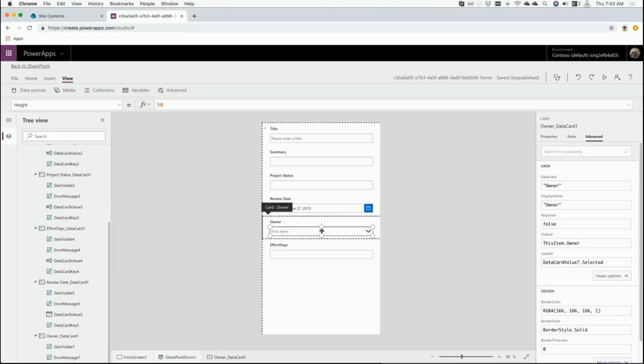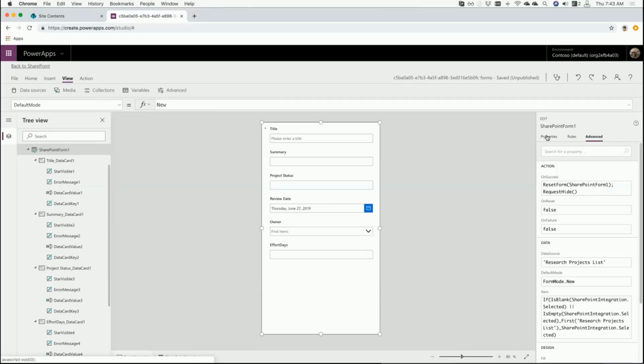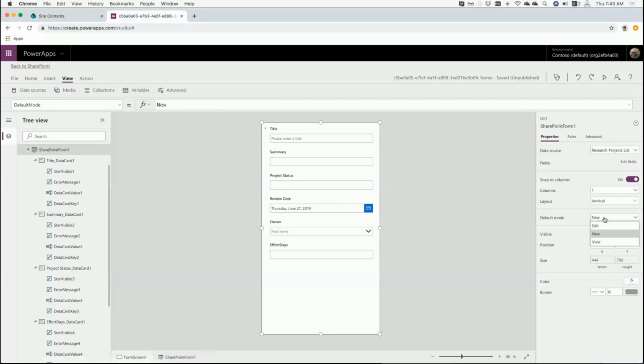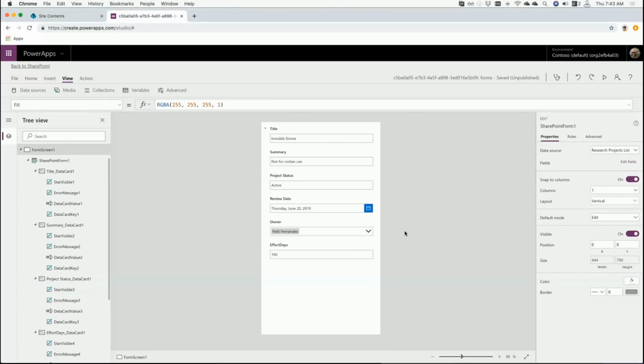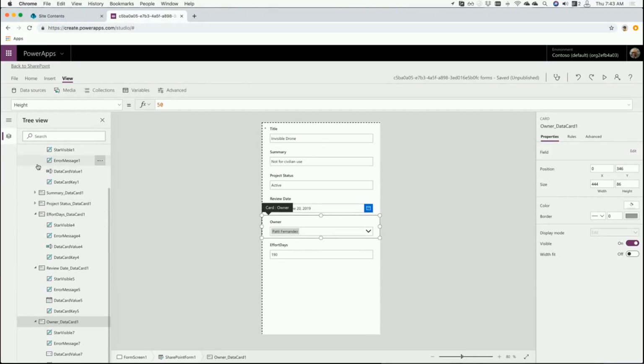So here I have the owner item, right? So if I go back to my form, and now I set my default mode as edit, you can actually see there is an owner associated here, right? So inside this data card, I want the image control because the image control needs to be bound to this user. So if you see here in my tree view,